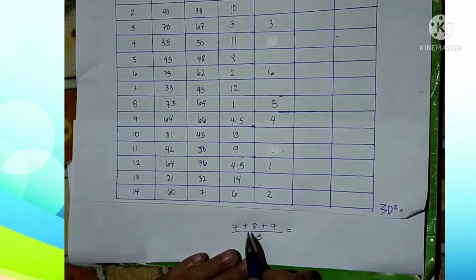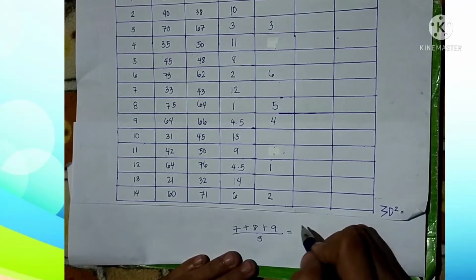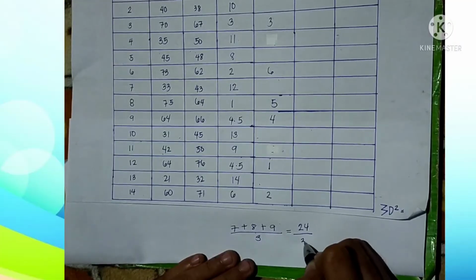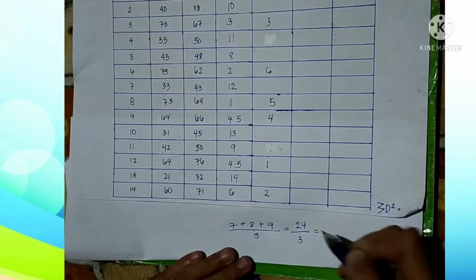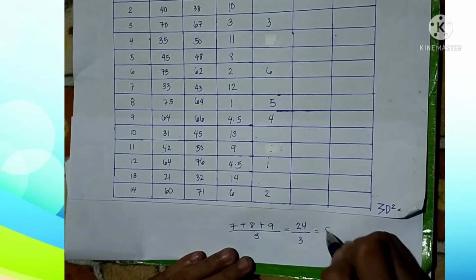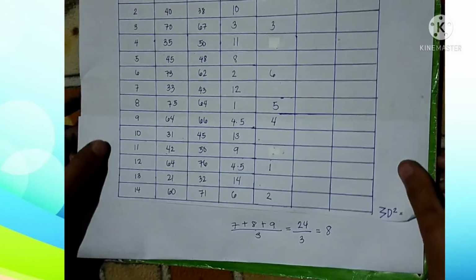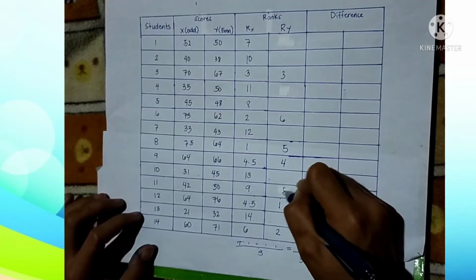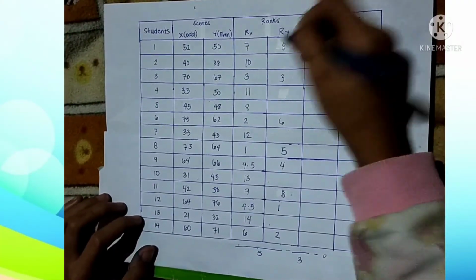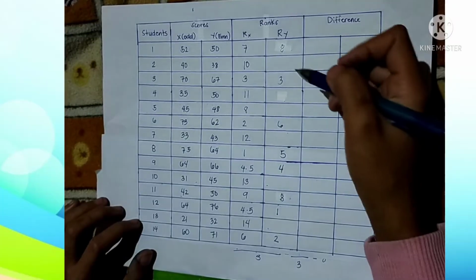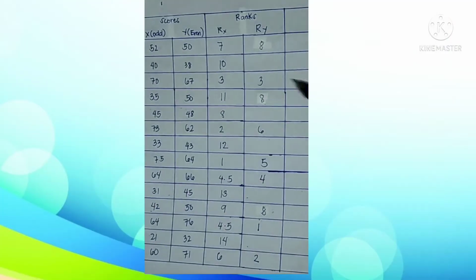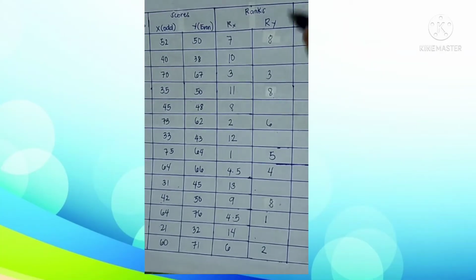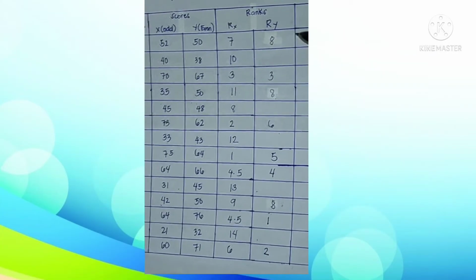7 plus 8 plus 9 equals 24. Divide by 3 equals 8. So we're going to assign the 3 ranks with 8, 8, and 8. So again, we're going to find the rank 10, highest number of even items, which is